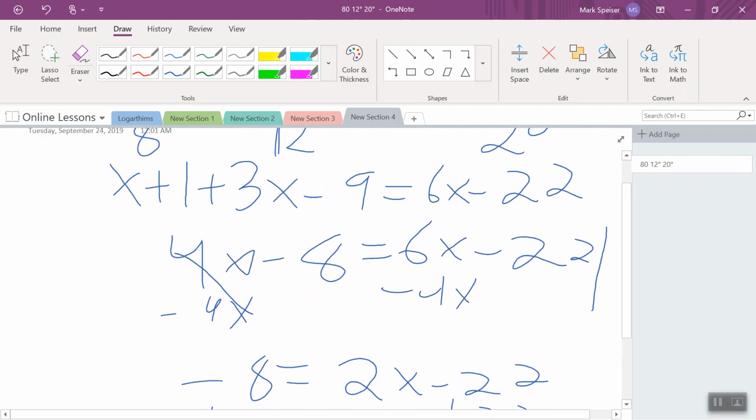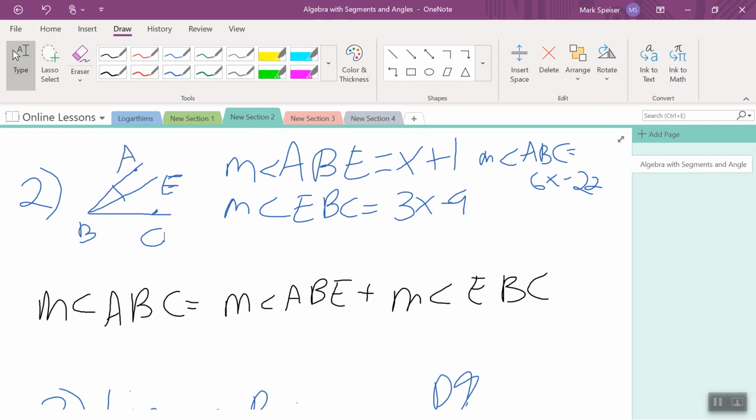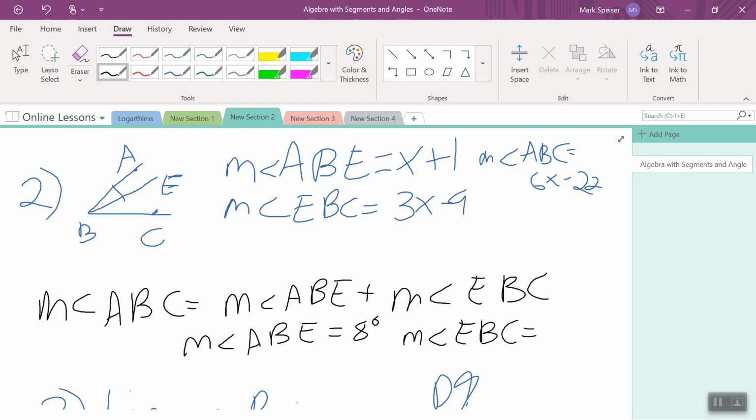Now if you write your answer like this, I personally do not give credit, so I'm very strict on labeling each value, especially in the beginning. So each value should be labeled: measure of A, B, E, don't forget the little m for measure, which equals 8 degrees, measure of E, B, C, equals 12 degrees,